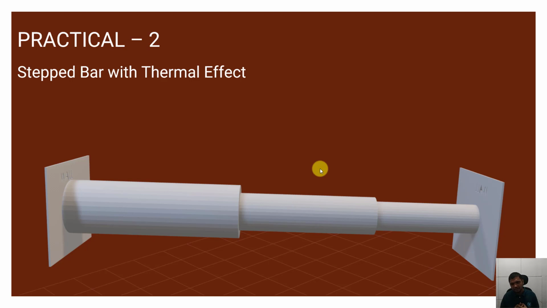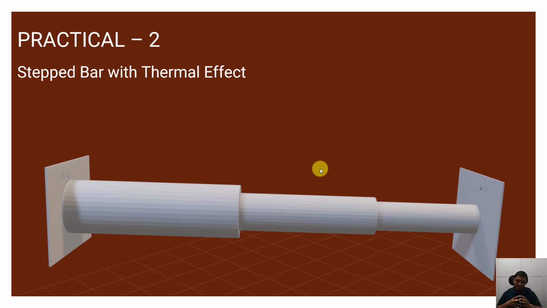So you might have undergone a science practical in your school where we have one ring and there is a copper ball, and that ball is able to move inside the ring, and when it is heated, then it is not able to cross out the ring. The reason is that the copper ball is expanded due to thermal loading, right? So whenever we apply a thermal load or a temperature on any body, then the body might expand or contract,